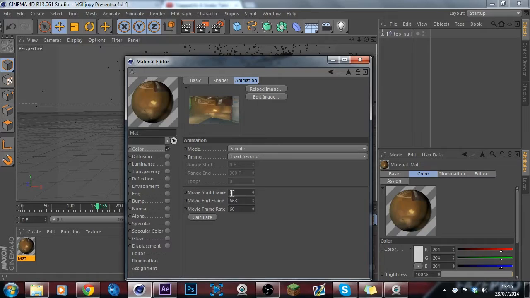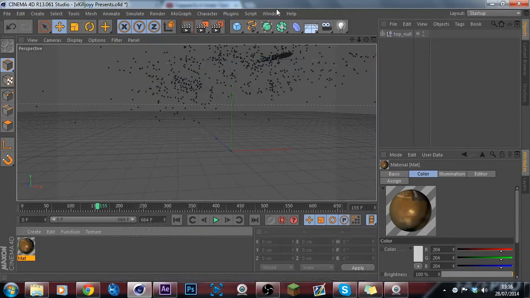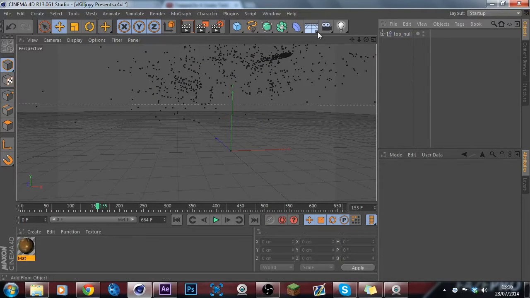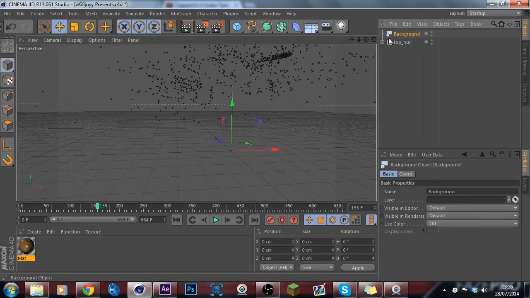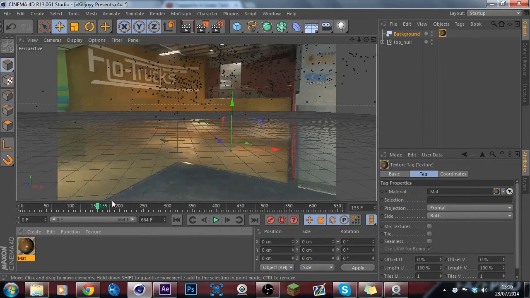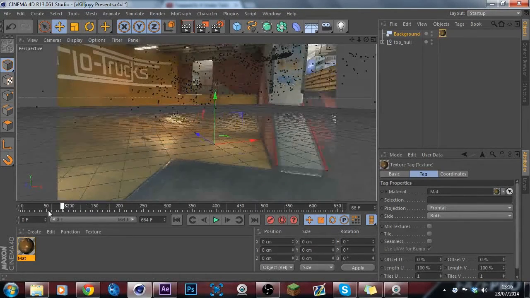Now it's got from 0 to 663. Now if you click X on that, you got that all done. See on the right here, we got the top null. What we're going to do next is go into this arrow here, hold it down, keep holding it down, go to background and let go. You see there you got the background. And what you want to do then is just drag your material up onto the text, and bam, there you go. You got your background,